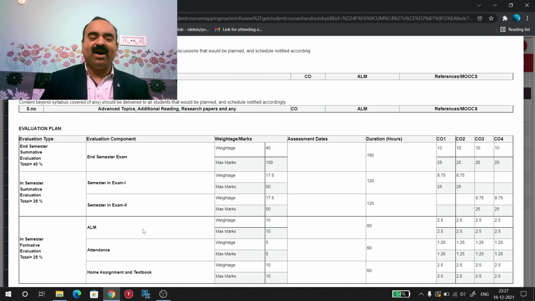Out of 60 marks, you can get 60 out of 60 also. The minimum marks that you have to get is 24 marks. As per rules, there is no internal minimum. That means you can get 0 marks also. But the problem is, if you get 0 marks in internals, you have to get 100 out of 100 marks in end semester examination. That's why try to get 60 out of 60 or 55 out of 60.